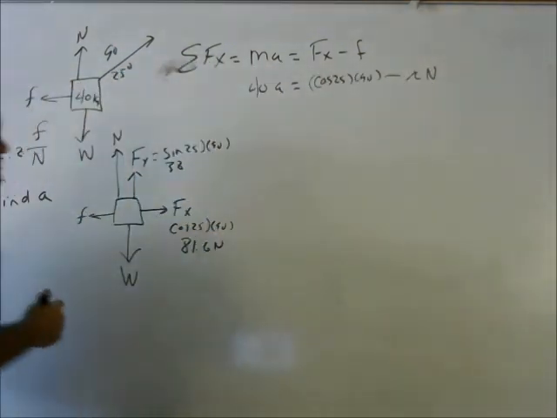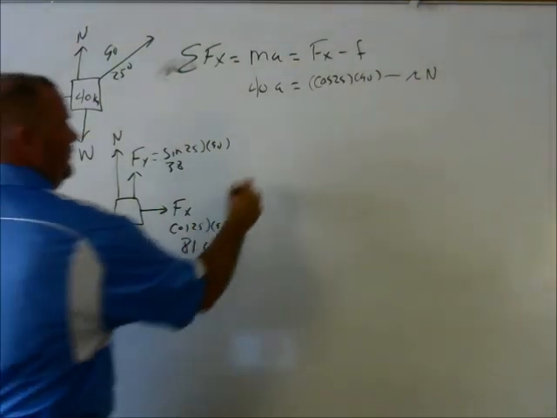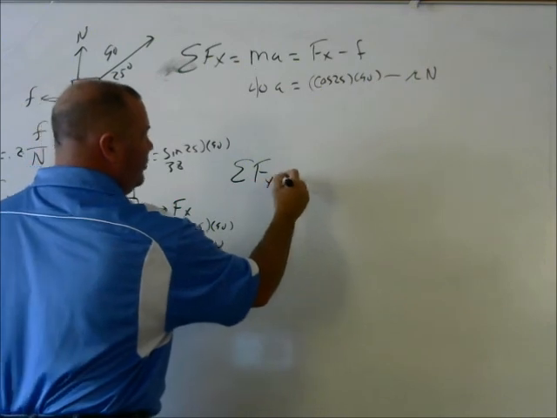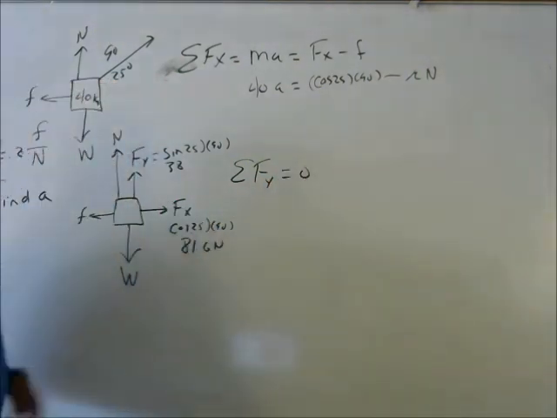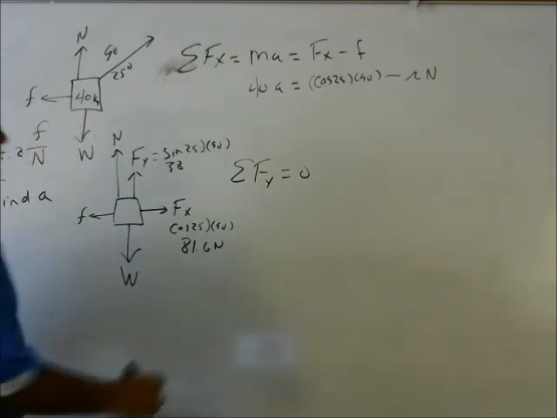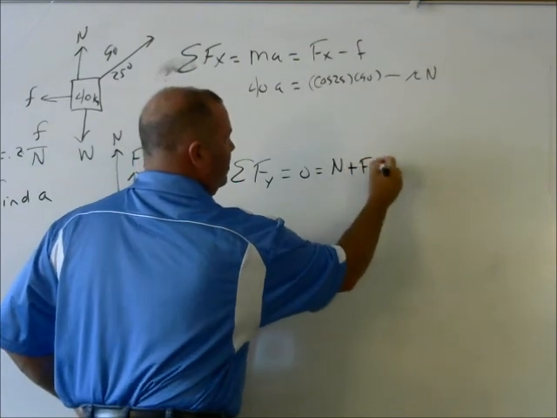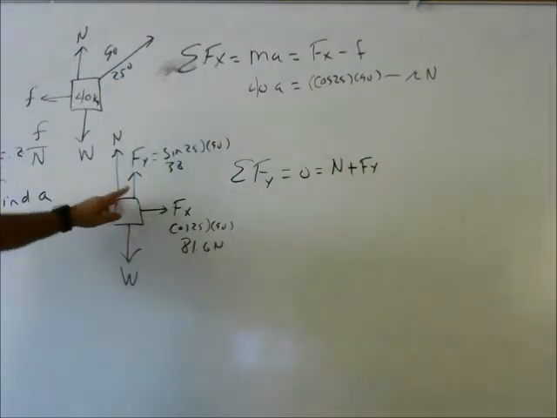And I can come back to that in just a minute once I figure those values and solve that. For my normal force, the sum of forces in y should be equal to 0 once again, because even though I'm pulling up, unless I'm pulling up with a huge amount of force, the object's not going to fly into the air. It's going to be dragged along the surface. So I'm going to have the sum of forces y equals 0, and those forces should be normal plus that y component of tension that is up